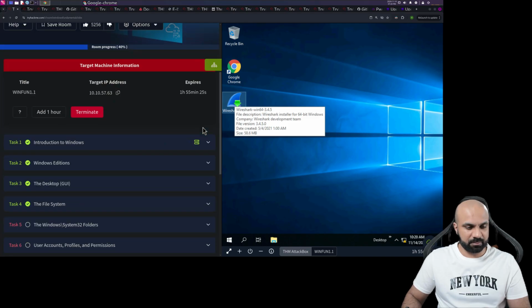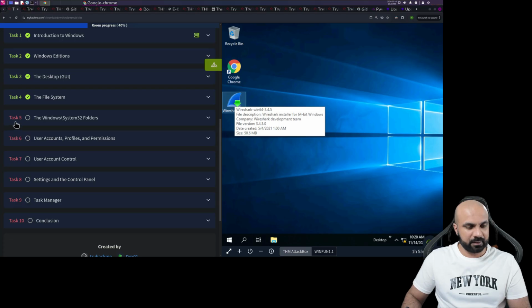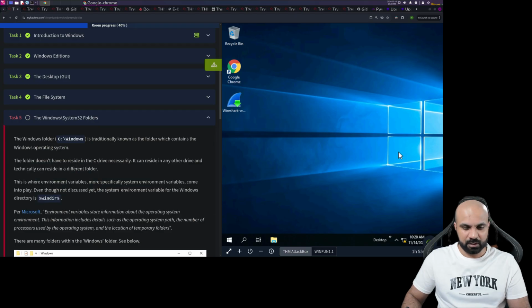So we already completed from task 1 to task 4. We're going to resume from task 5, which is the Windows System32 folder. I already started the AttackBox as well as the WinFun 1.1, which is already logged in as well. So let's continue. The Windows folder, C:\Windows, is traditionally known as the folder which contains the Windows operating